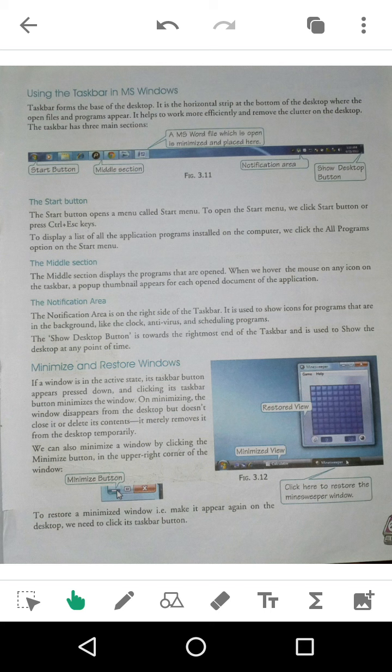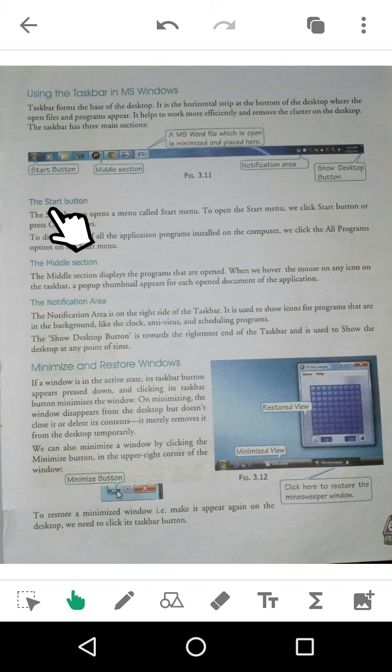With the help of the taskbar you can do certain things easily. Suppose you are using a program that is used frequently by you, suppose this Google Chrome. Instead of putting an icon on the desktop, you will just put this on the taskbar. So certain space is saved on your desktop screen, because you have put this on your taskbar. If you click on this, just one click, your Google Chrome will open.